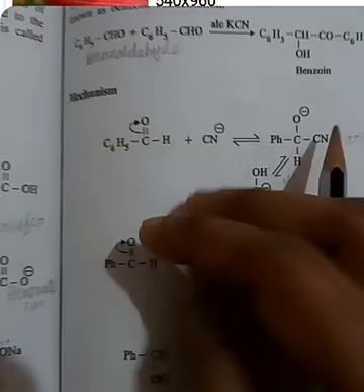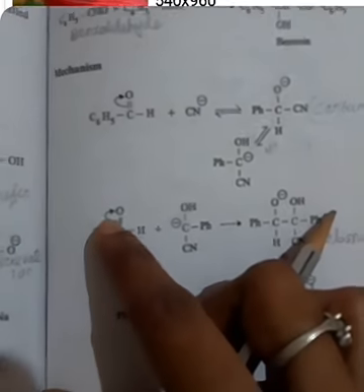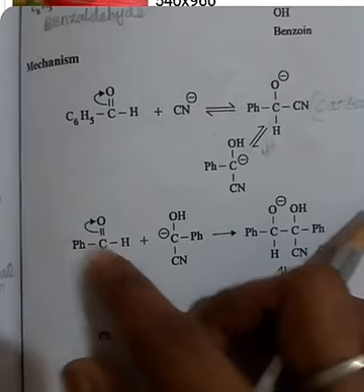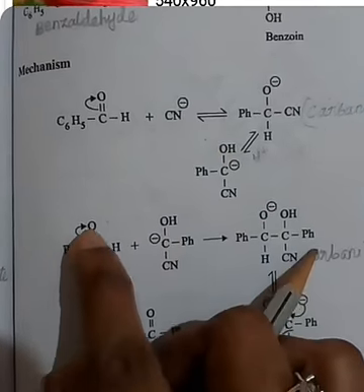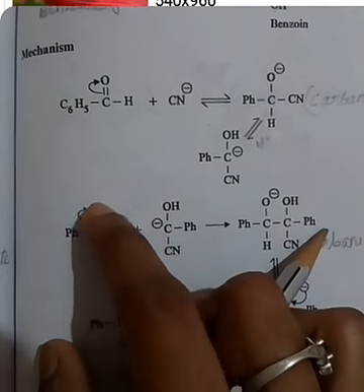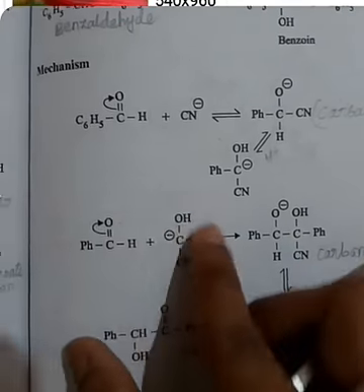In the third step, the carbon of another benzaldehyde is formed with this intermediate. So the intermediate compound is formed, and it has a double bond. The double bond breaks into a single bond, so it gets a minus charge. This minus charge directly attacks in this reaction. Only this step happens in this mechanism.